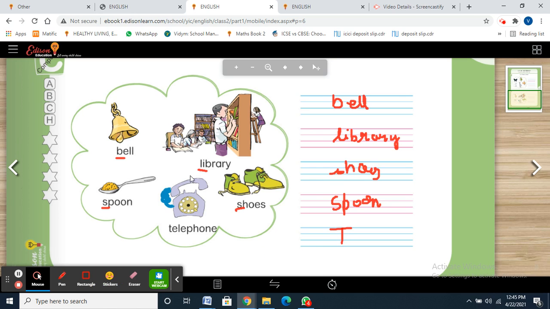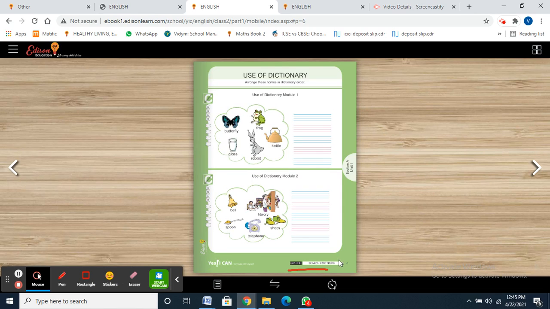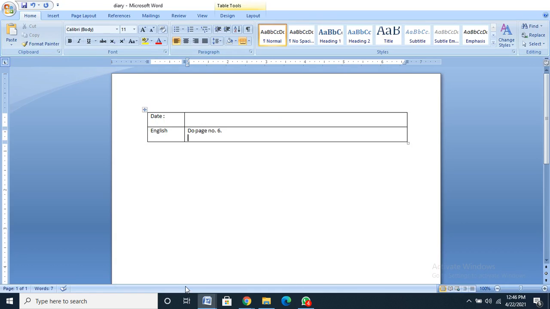So in this particular manner, you are going to complete your page number 6. If you have not completed it with me, complete it fast and then send me your work. Getting this point? Now you have to write your diary. So please take out your diary. You are going to mention today's date, yes or no, and write the work of English in the English column. That is, do page number 6. So this will be a second page with today's date and the work of English: do page number 6. So complete your work.